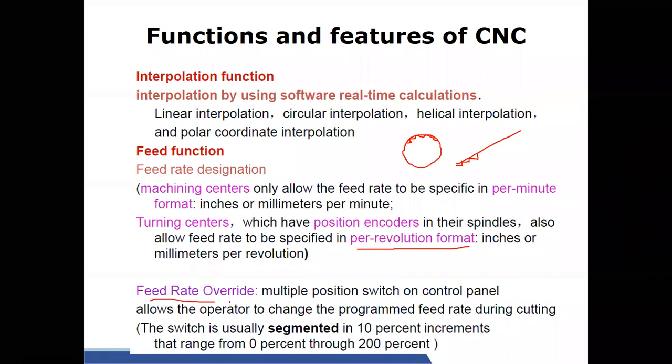And feed rate override is also another important function. Supposing I am making a profile like this, as we have already discussed in wire EDM machining, in the corner the deflection will be more. Automatically, when it reaches this particular place, the parameters are reduced so that it moves very slowly and can make a perfect sharp corner. Otherwise, supposing it is moving at 5 mm per minute cutting speed, here it will go with 0.5 mm.